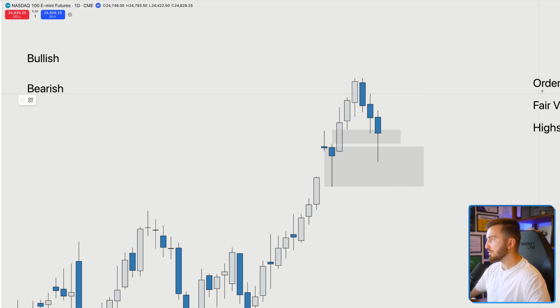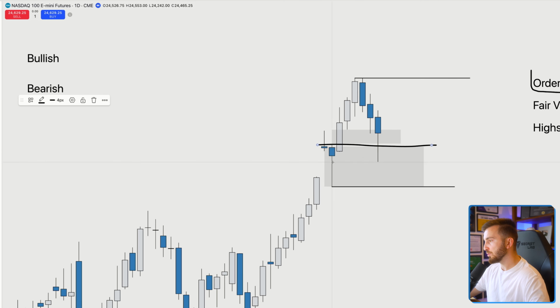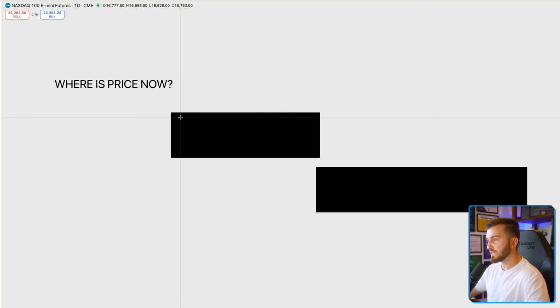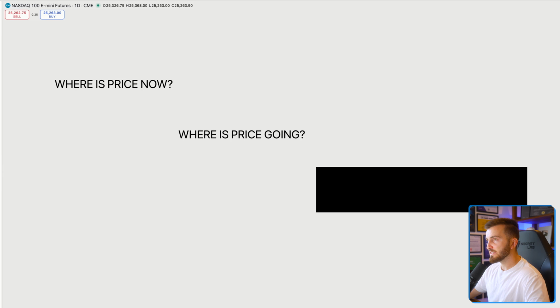So we mark out all of the order blocks that are closest to price, all of the fair value gaps, and all of the highs and lows. So in this case, we have the high and we also have the low. But notice how we also have this bullish order block, which is the down close candles on a bullish trend. All of the down close candles on a bullish trend are going to form a so-called order block. So we have a bullish order block and a bullish fair value gap. And then the next question is going to be, where is price going?